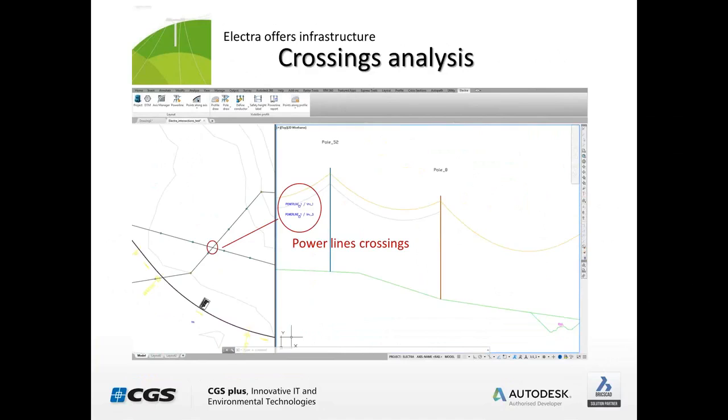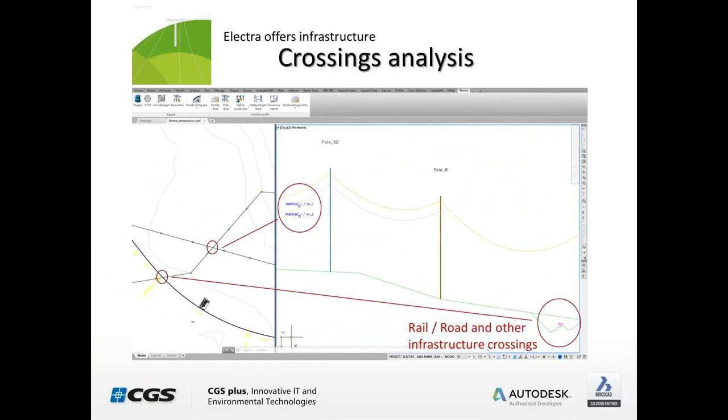for the amount that's needed, and that analysis can be done based on different loads, different wind load parameters, etc. What's also important is that the user can check the crossings towards other infrastructure like rail and road, where usually a 6 meter distance between the conductor and the upper point of any infrastructure is